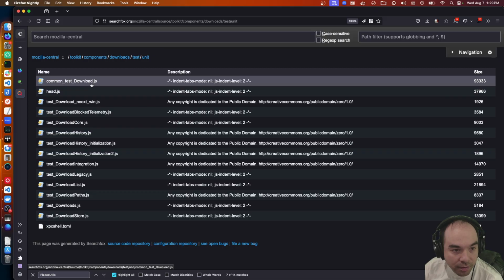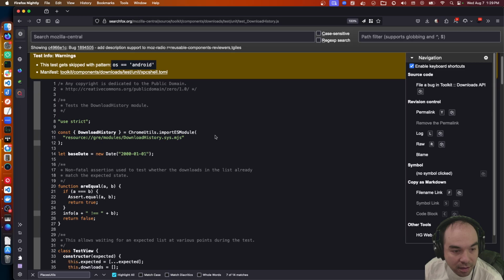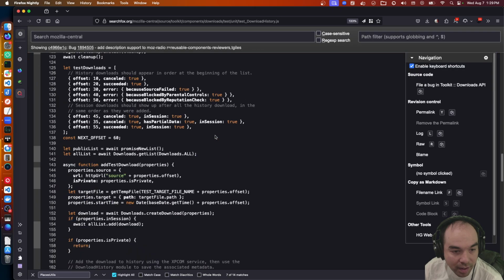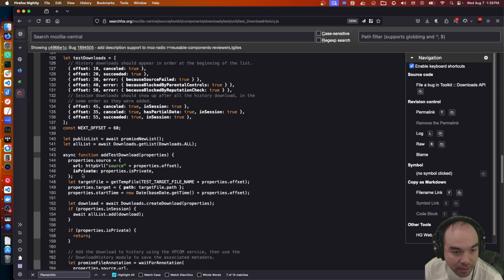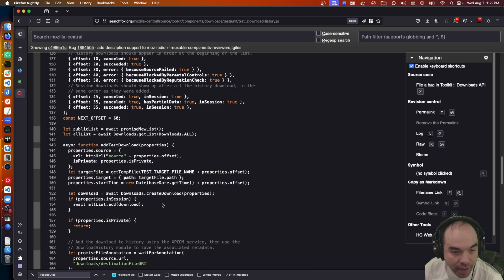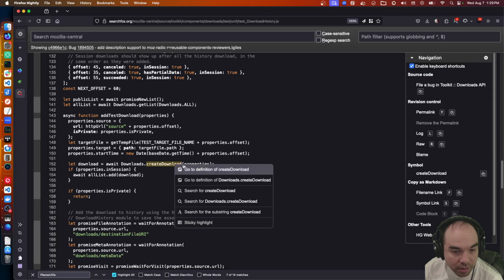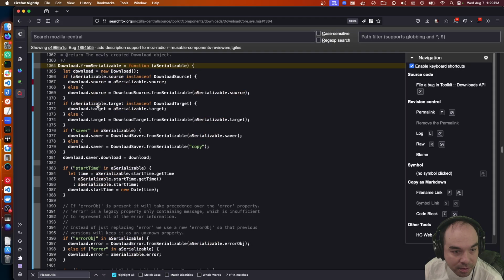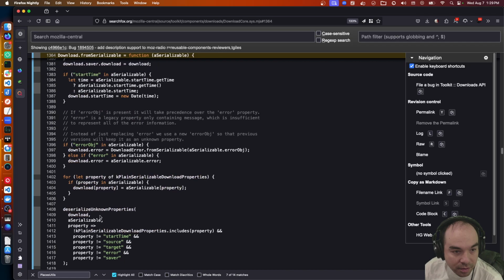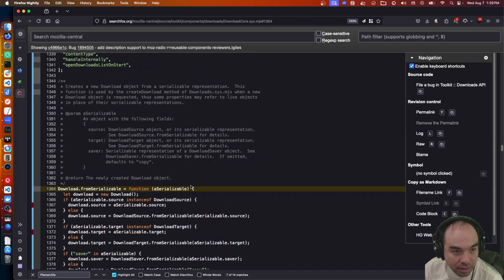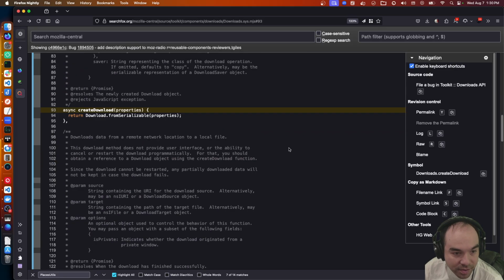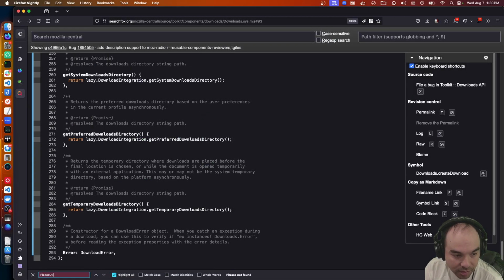So what we're going to do is find a way to add a download to the database. How are we going to do that? Add test download. Downloads, create download properties. Download. Does this add something to the database from serializable? How do I add a download to the database? This is